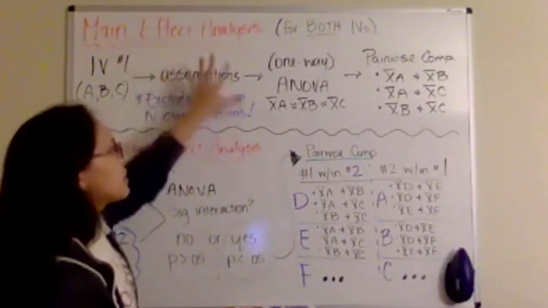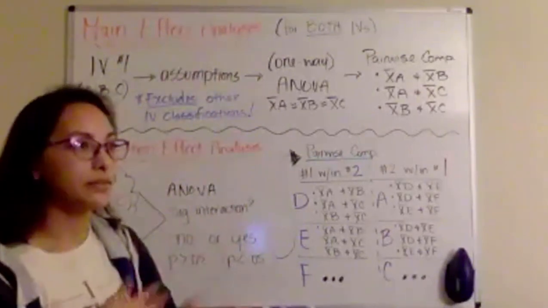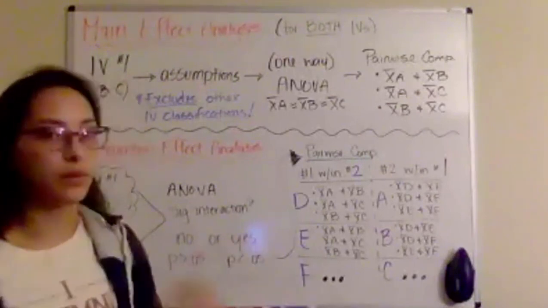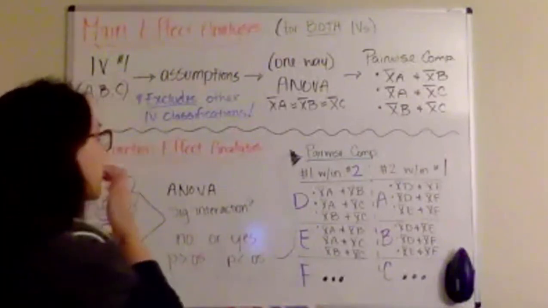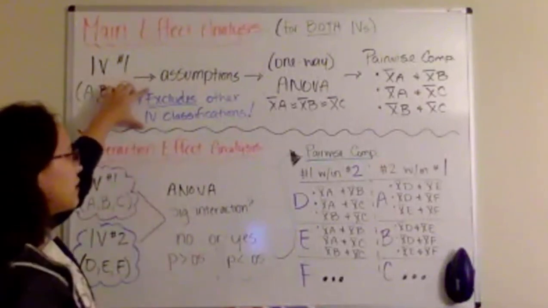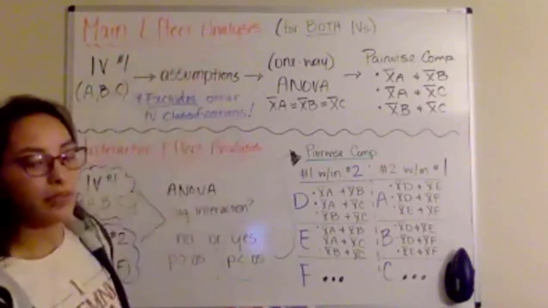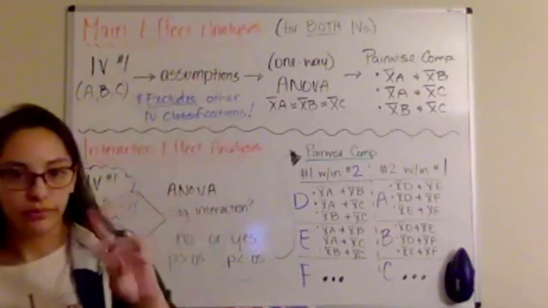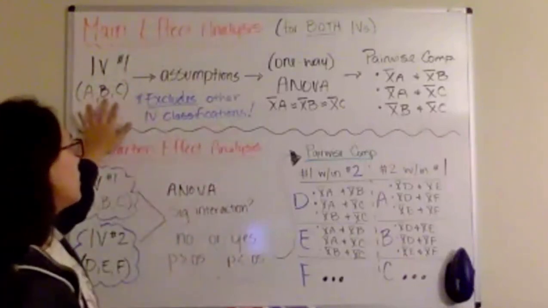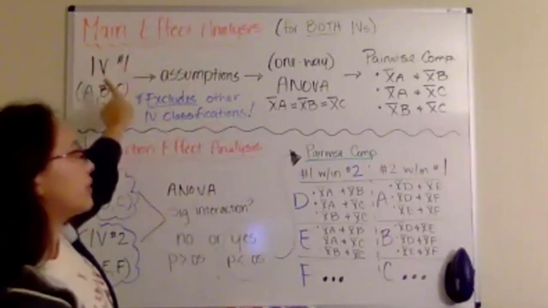So assumptions always come first, because then you figure out, do I need to make any adjustments to my degrees of freedom if my samples aren't similar enough, right? But also remember, the analysis of this main effect excludes all other classifications that we would have with independent variable 2, okay? So only looking at the groupings based on groups A, B, and C for this given independent variable,